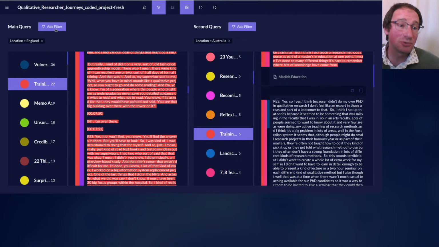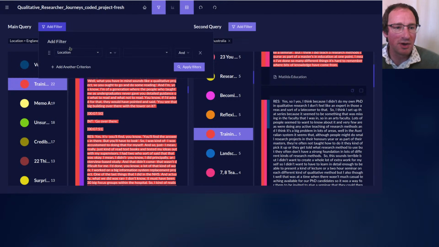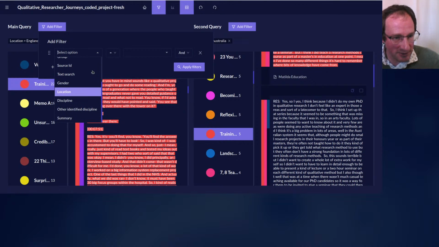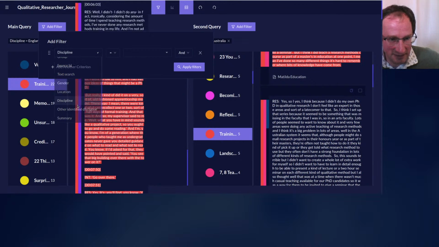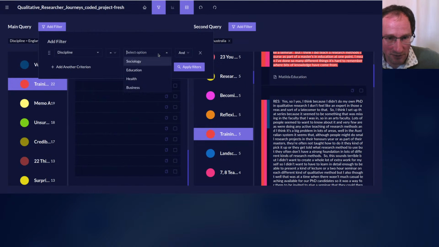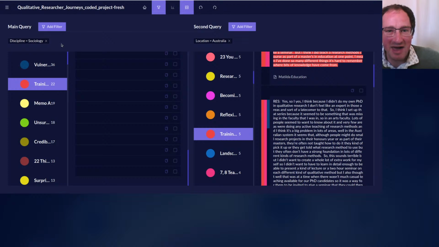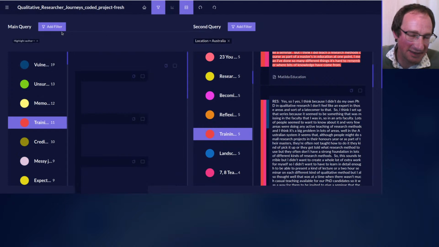These filters, you can also stack them. So we've got location equals England, but maybe we also just wanted people who were in England that were in a particular discipline of sociology. And so we can add more and more filters here. Sorry, I overwrote the last one. But if we add here,